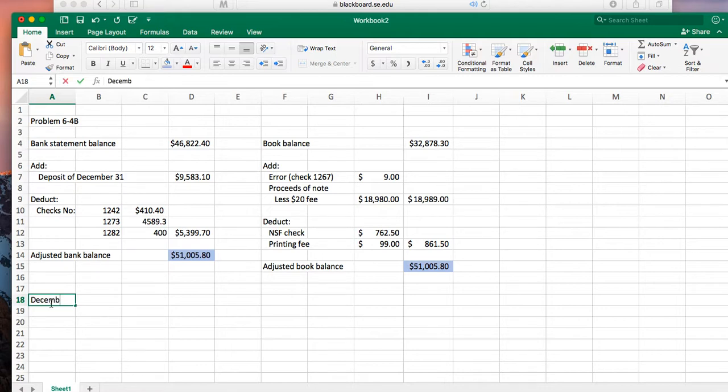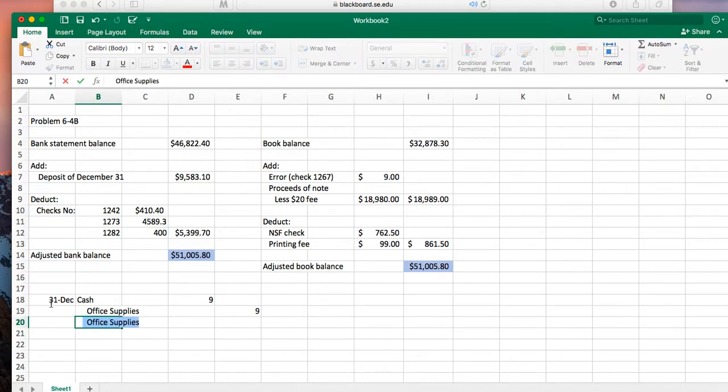So we'll start with December 31st. We'll start with the increase to cash of $9 from that error, and then we'll debit back office supplies. We're going to decrease that asset account office supplies because we did that incorrectly when we made the entry. So to correct an entry error,